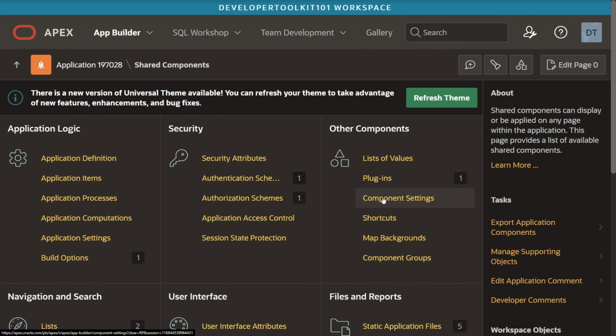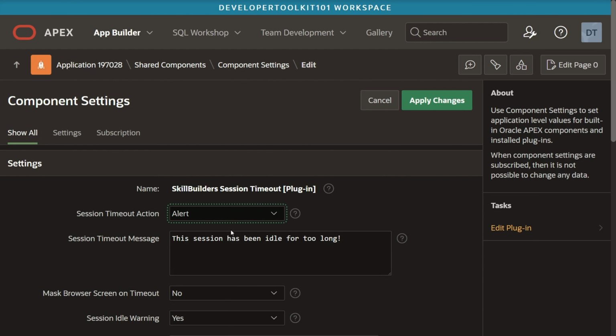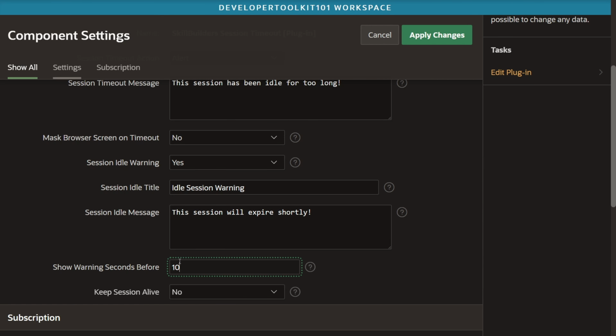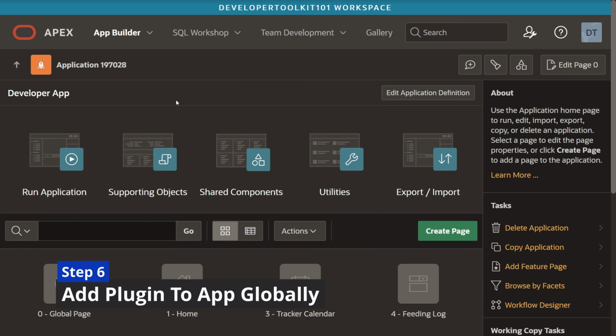The next thing we're going to do is go back to the component settings and reset that for the test timeout. So we're going to put this 10 seconds before and our test timeout 20, so this should trigger at 10 seconds. The last thing we're going to do is set up this plugin so it's running globally across the